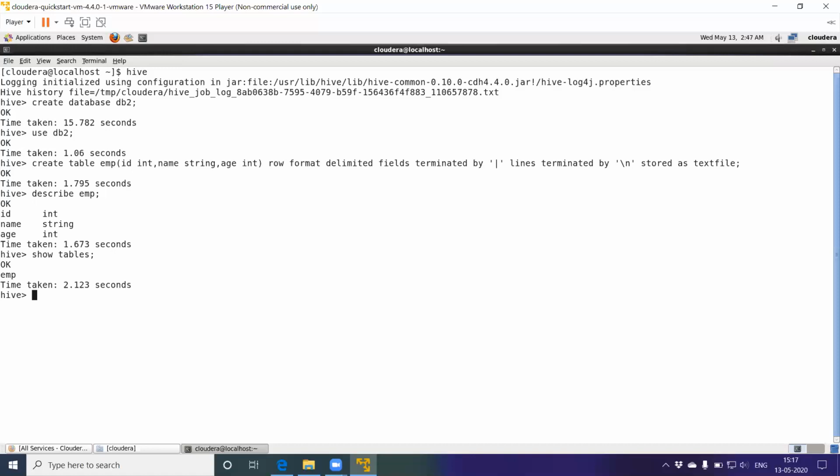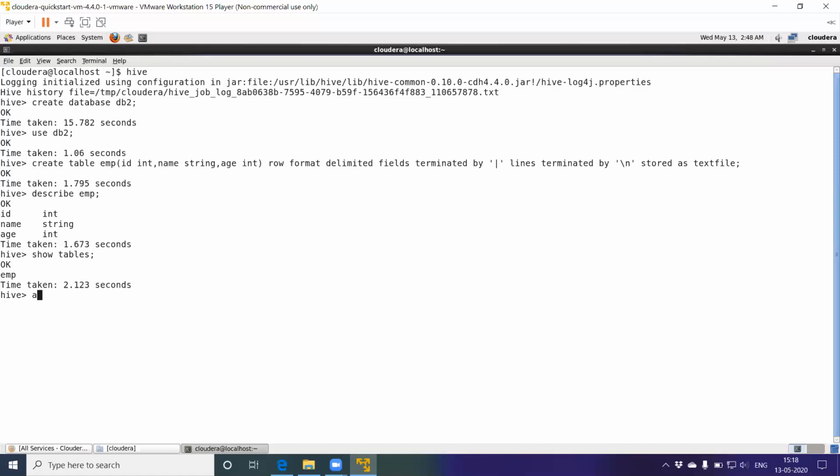You can alter a table using the alter table command. You can add a new column, change an existing column name, or replace the column name, etc. Let's see one sample alter table command, where you can rename a table.